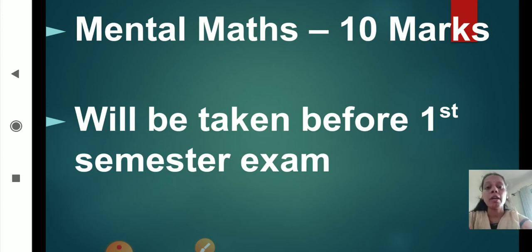Again the same mental maths, as you know, you will not cancel any answer, you will not copy, you will not cut the answer, you will not rewrite. So in the same way how you are writing it in your class, same way you have to do it. Okay, on Google Meet we will take this mental maths. So this is for 10 marks. We will give you timing. Within that timing, as we have completed the questions, we will ask you to take a pic of the answers and send it in your respective class group. That we will tell you later. Okay, so this is about mental maths.